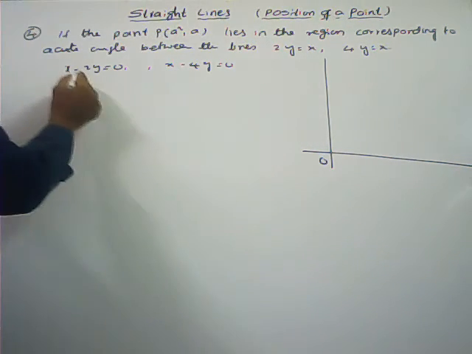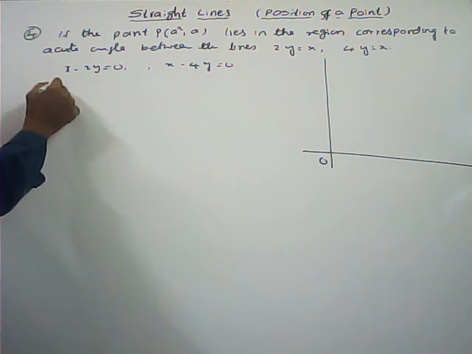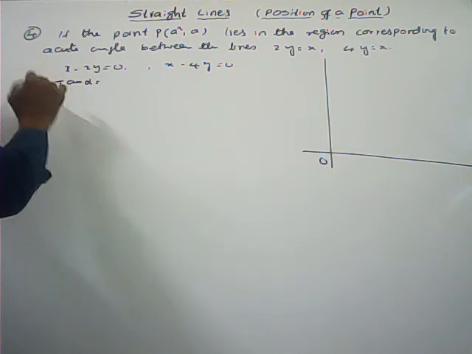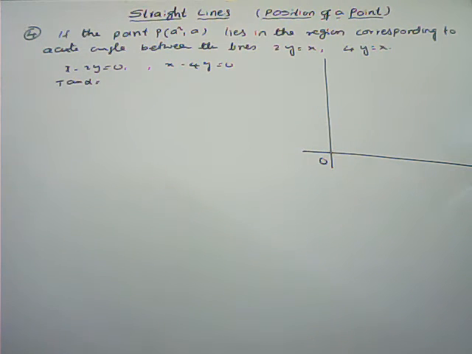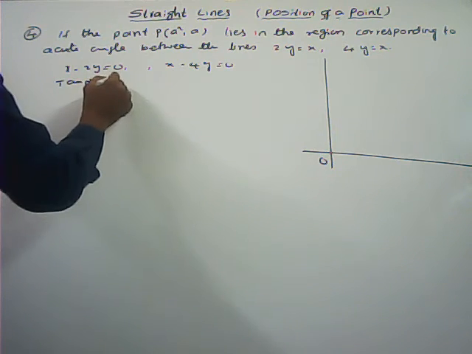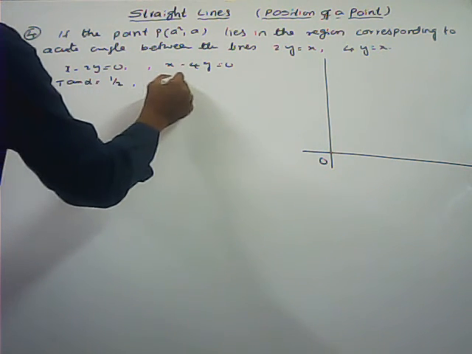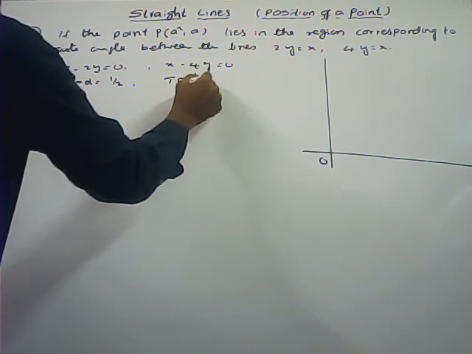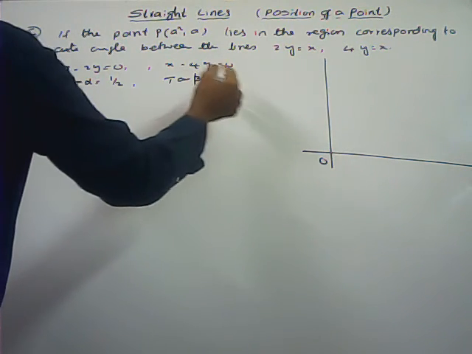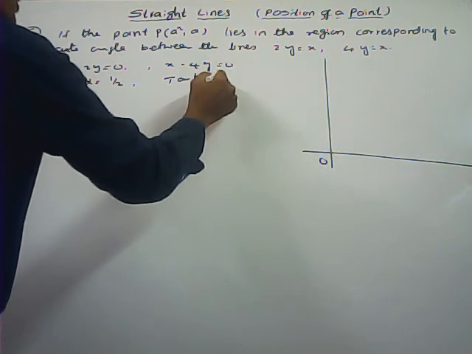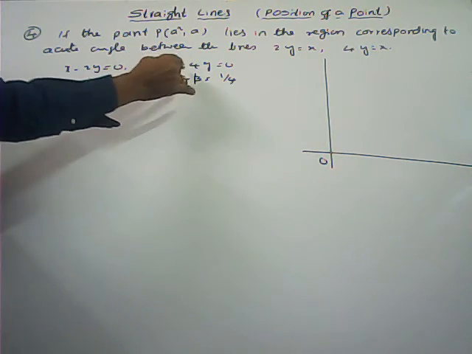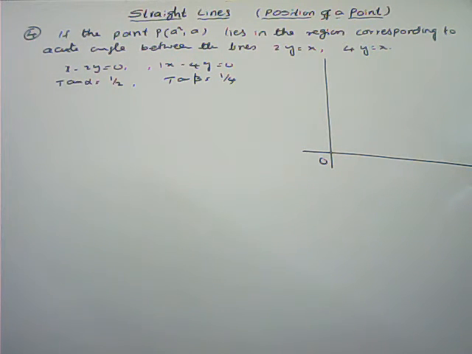Here, what is the slope of this one? Minus a by b. Here I am taking tan alpha, where alpha is the angle of inclination, that is the angle made by the line with the positive direction of the x-axis. That is the slope definition, which is 1 by 2. And here I am taking beta. Beta is the inclination, that is the angle made by the line with the positive direction of the x-axis. Then tan beta we say is the slope only, that is equal to minus a by b, minus x coefficient by y coefficient, that is 1 by 4.